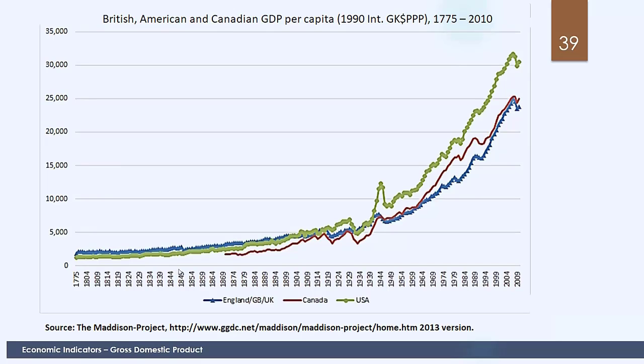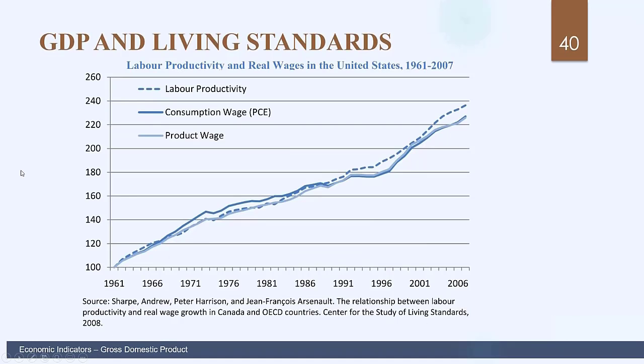If you were to think about productivity and real GDP per capita, they're very, very highly correlated. In fact, if we look at measures of labor productivity and real wages, we see that they are very highly correlated. Here we have data in the United States from 1961 to 2007. We have measures here of productivity, and then we also have measures of the real wage. We won't get bogged down with the details, but this dotted line here is measuring productivity, and these two lines here are different measures of the real wage.